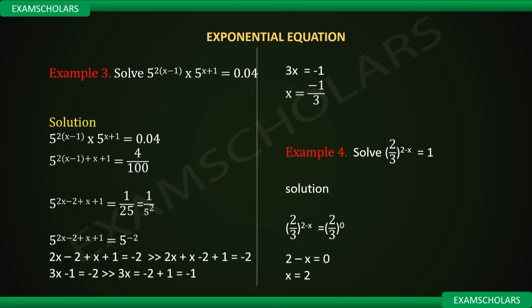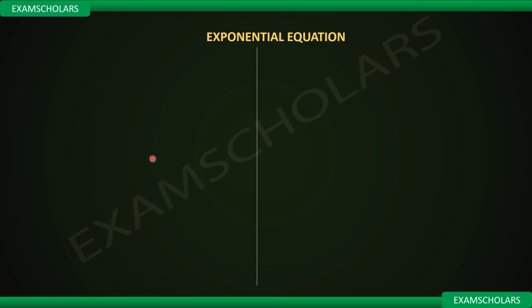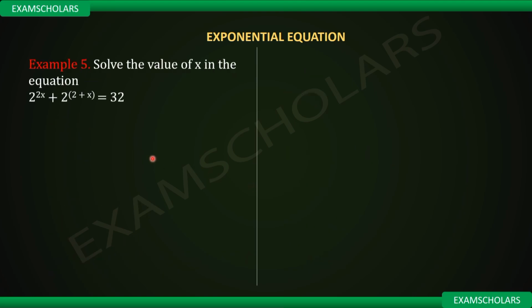Now let's solve the last question: solve the value of x in the equation 2 raised to power 2x plus 2 raised to power open bracket 2 plus x equals 32. I know how you are going to solve it. Because we have 2 here and 2 here, you will go ahead and pick 2x plus the power here, 2 plus x. You will turn this to 2 raised to power 5. You now cancel everything. Now you have 2x plus 2 plus x equals